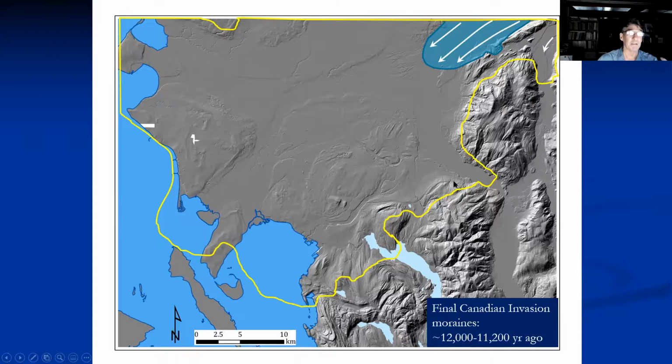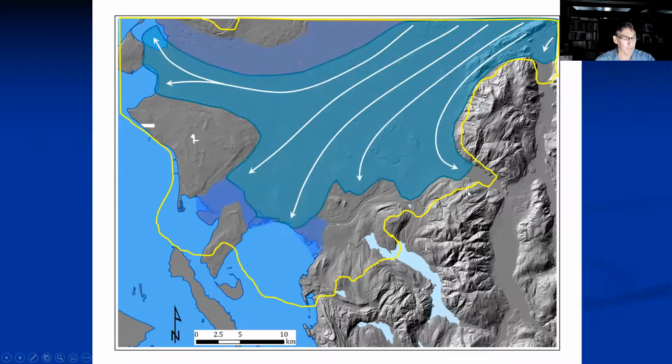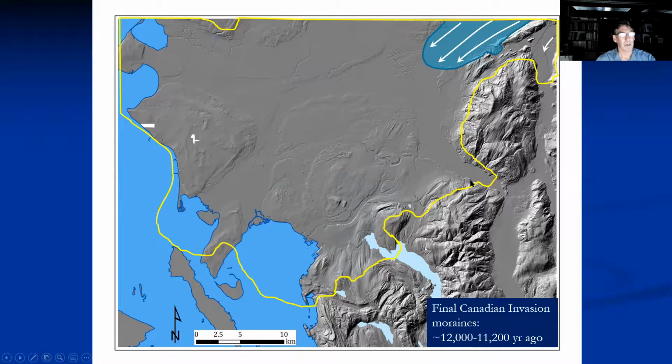The other problem with the Deming sand being related to an outburst flood from up here is that it's dominated by dark sand. The sand is really dark, and it looks like it's dominantly made up of Mount Baker andesite material. So there's a concentration of stuff coming off Mount Baker. I suspect the source of that sediment is Mount Baker rather than the Cordilleran ice sheet, which has a lot more granitics in it, for example, things that we wouldn't have coming out of Baker.